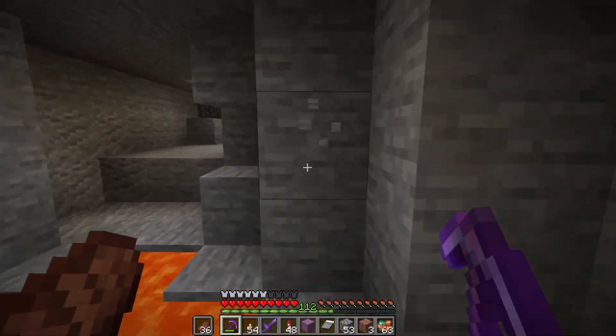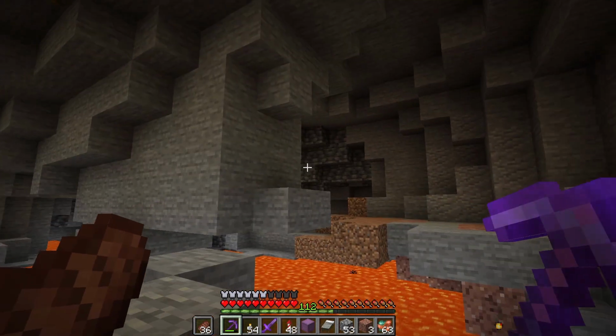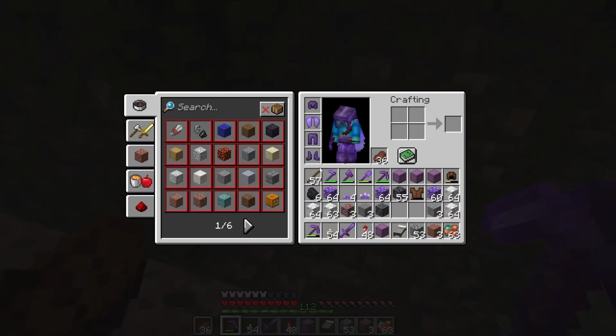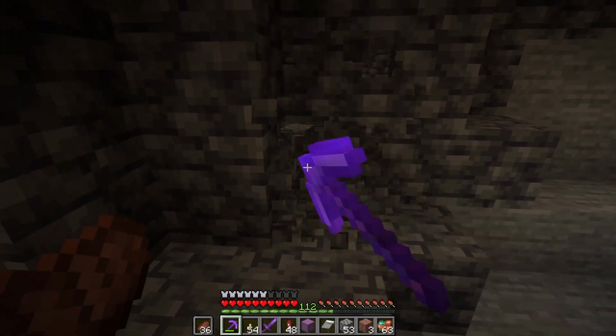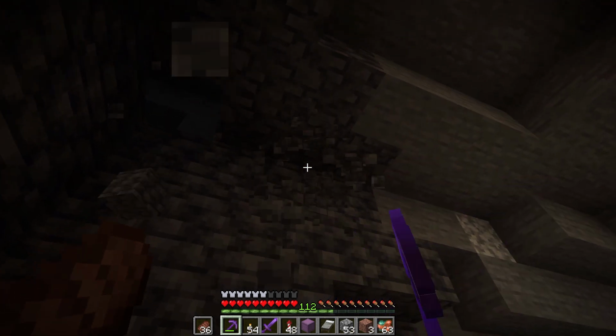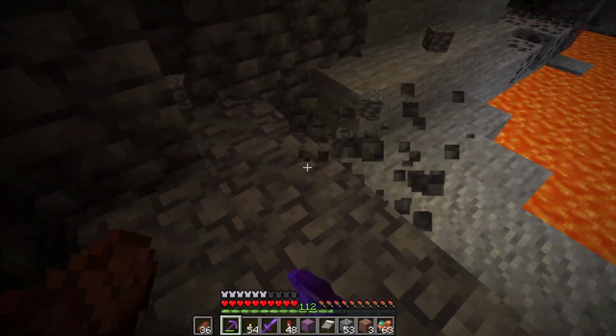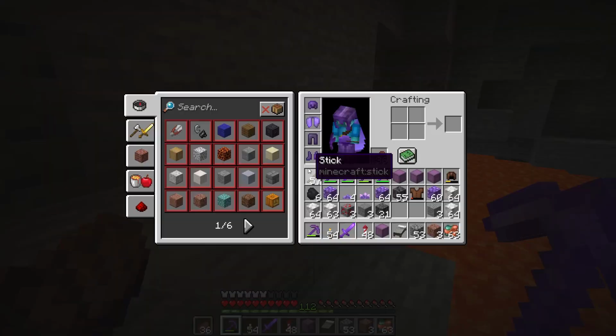Wait, no. This is what I was looking for, I think. Yes. Is this deep slate? Is that what it's called? Deep slate. Okay, deep slate is the new block. I think I am right in saying that basalt was already in the game. So deep slate is the new block. I got that confused because of the retexture. That's my excuse. But this guy...